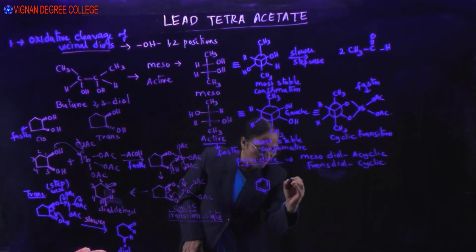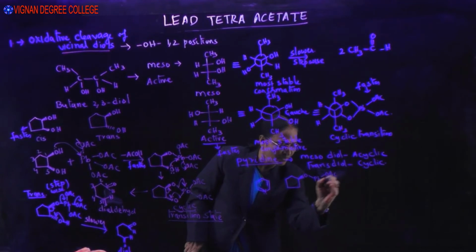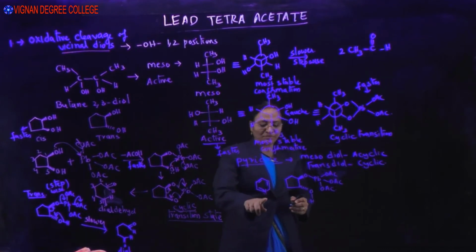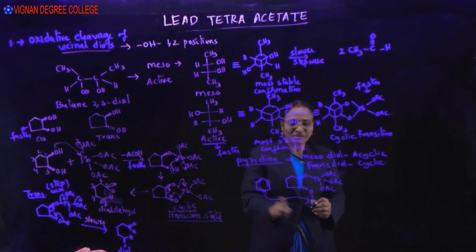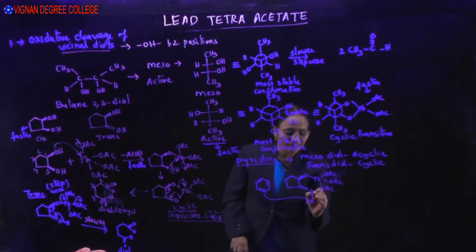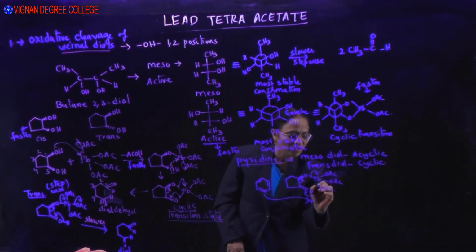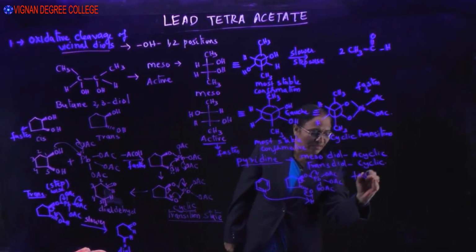Say for example, if you are treating this with a trans diol, where you have the transition state, which is not a cyclic transition state, rather a transition state which is not having any entropy advantage, even then in presence of pyridine it will be able to abstract this hydrogen, and due to the abstraction of this hydrogen by pyridine, the reaction occurs easily, leading to the cleavage of your carbon-carbon bond. Therefore, the reaction occurs at a faster rate.